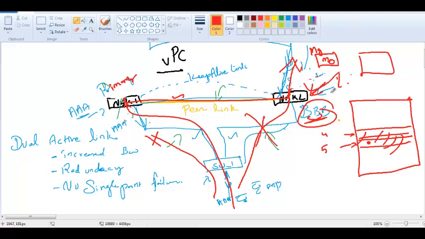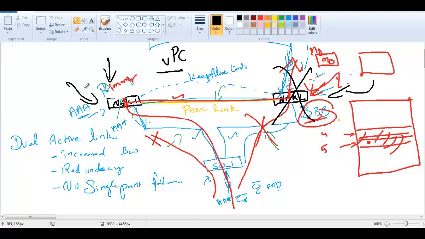And also, as I said earlier, for MAC address synchronization between the switches, why does the MAC table need to be synchronized? For fast recovery. How? For example, if the switch goes down, all the MAC addresses of this switch also need to be taken care of by the primary device. So when they have a synchronized MAC table, the recovery will be faster. Otherwise, it will start learning new MAC addresses, and that will take time. So fast synchronization